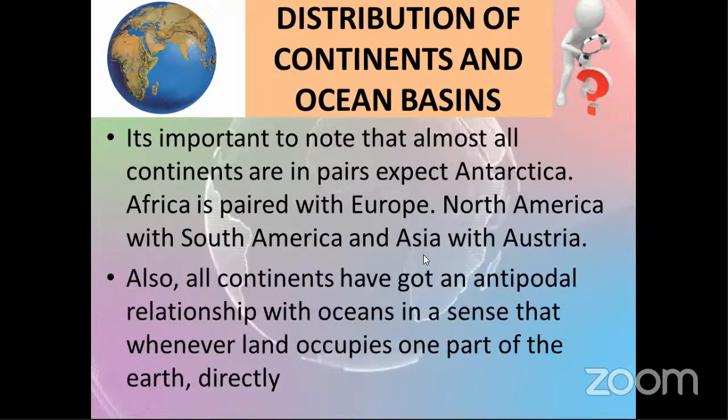It's important to note that almost all continents are in pairs except Antarctica. Africa is paired with Europe, North America with South America, and Asia with Australia. Also, all continents have got an antipodal relationship with oceans, in a sense that whenever land occupies one part of the earth directly,